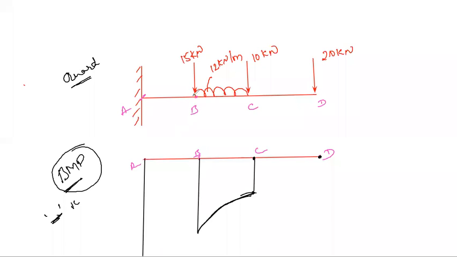Next, from here to here we have an inclined line. From here to here again we have an inclined line. What is the intensity here? At this point we have -173 kilonewton meter. At this point we have -104 kilonewton meter. At this point we have